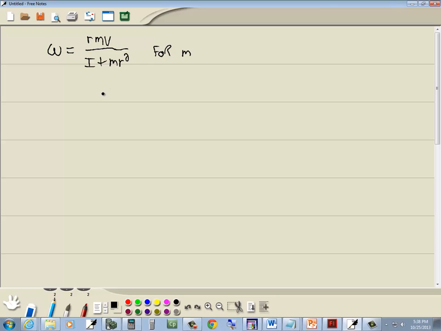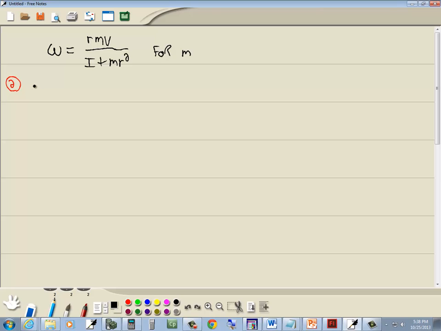Okay, first step. I'm going through my 5 steps for solving a formula for a variable. First step is get rid of parentheses. Don't have any. Step 2, get rid of fractions. Multiply everything by the LCM of all your denominators. If we only have one denominator, that is our LCM, so we're going to multiply both sides by I plus